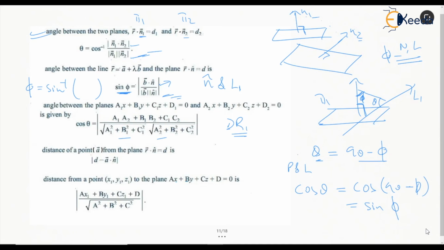That's it. This is a direct formula you can use for a point, like how far this point is from a plane. So you can directly substitute the values of x. Let's say this is the point P and we want to see at what distance this point P is from the plane pi 1. You can simply substitute this value in this plane and divide it by the magnitude of the direction ratio. This is the magnitude of the direction ratio. This will give you the distance of that point from the plane.